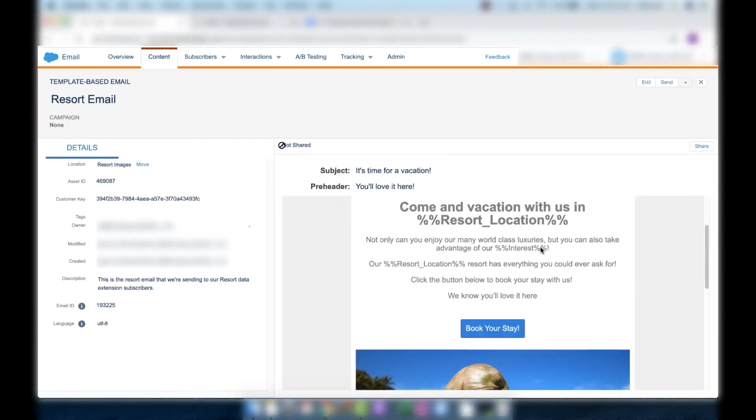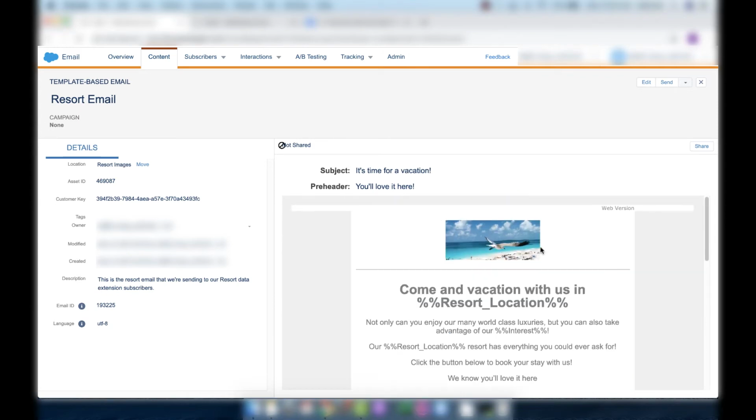And since we finished editing everything about this email, all we need to do is click this drop down arrow right here and click Preview and Test. But if you haven't finished editing everything in your email, you may want to click Edit and then edit the content in your email. But since we finished editing all of the content, we'll go ahead and click this drop down button and click Preview and Test.